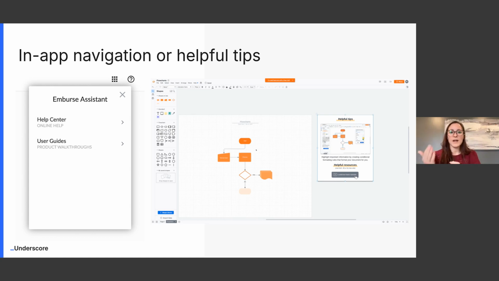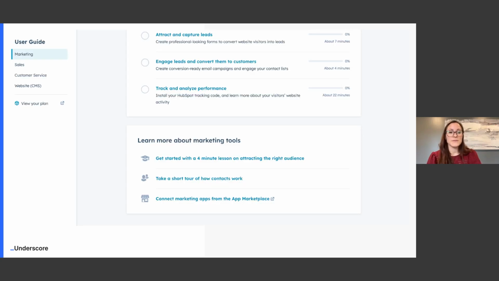So this is a way where they're kind of getting you when you're using the platform, when you might need some help, and they're just offering you, hey, if this is helpful to you, this is a resource that's available. The final type of in-app messaging that I think is helpful to direct people to our education content is actually building it into the platform.